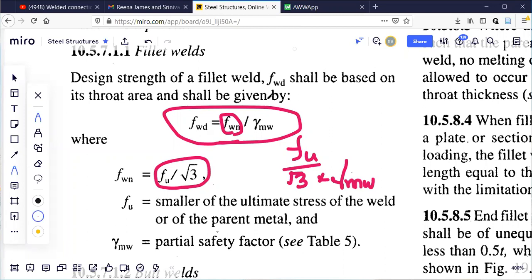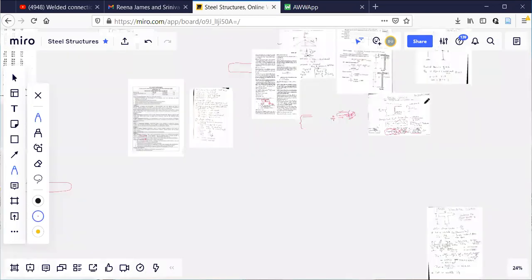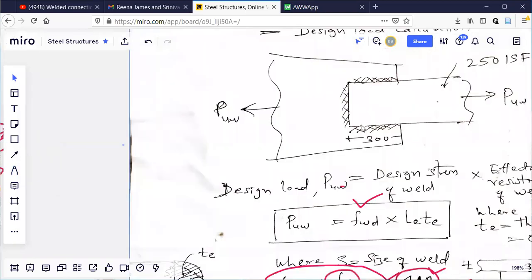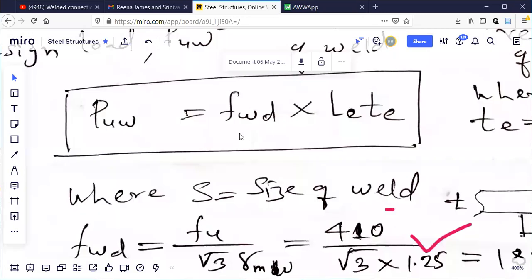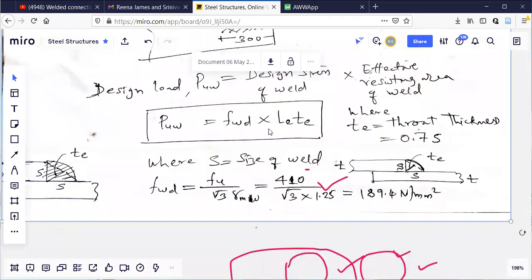This formula is made easier in the notes. See this. What I have done: FWD is equal to Fu by root 3, again divided by the partial safety factor. Finally, you remember 189.4. Okay.